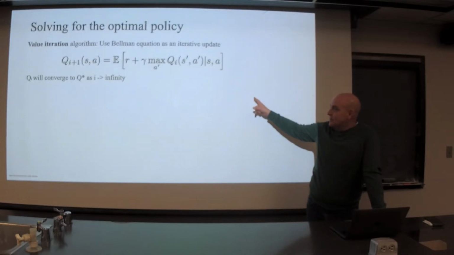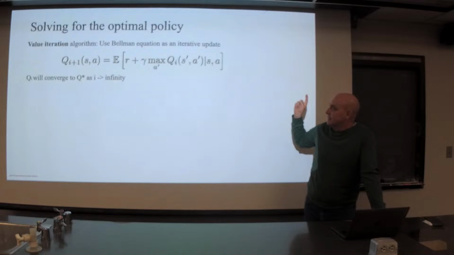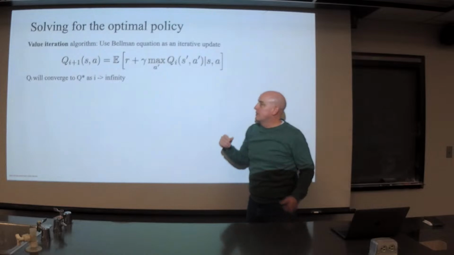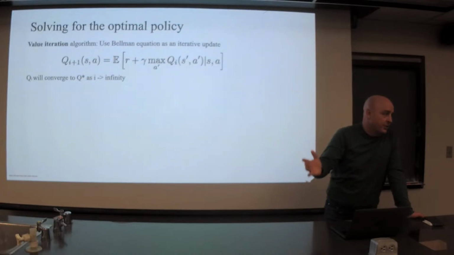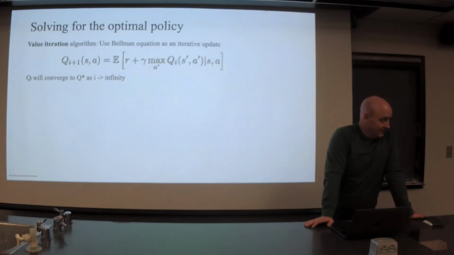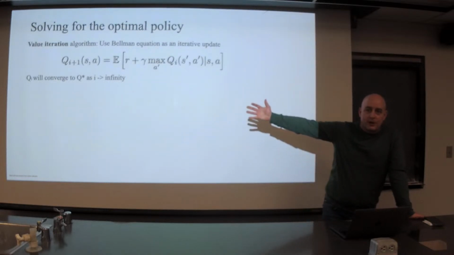But what's good about this? So you could iterate this, and you could compute the Q star. But there's a bit of a problem here. What's the problem? One of the problems is there's no neural networks yet. So you should already be thinking there's a problem. Where are my neural networks? Where's my deep learning? But what's the problem here?